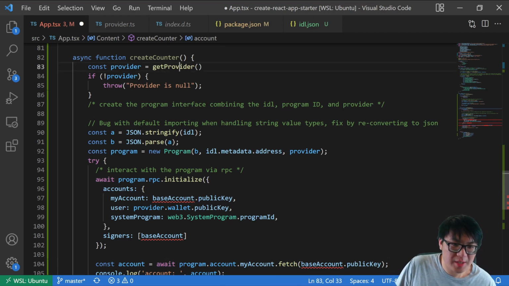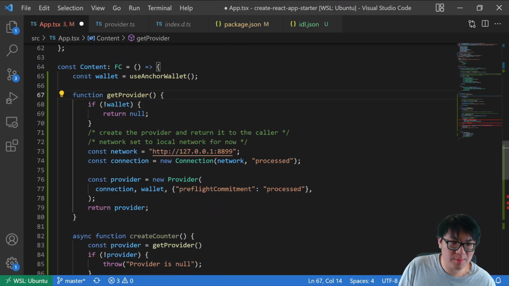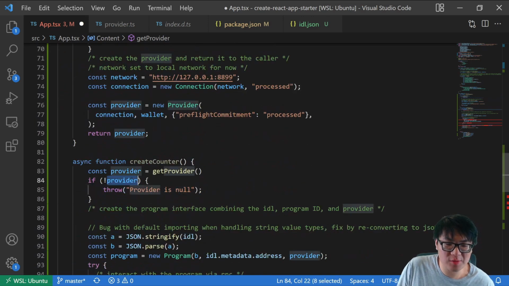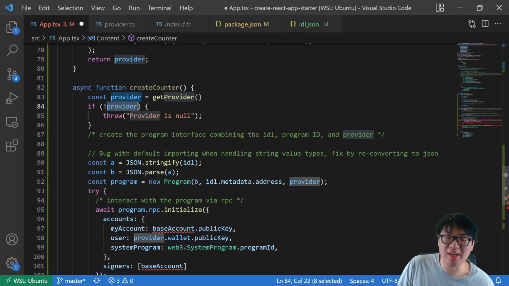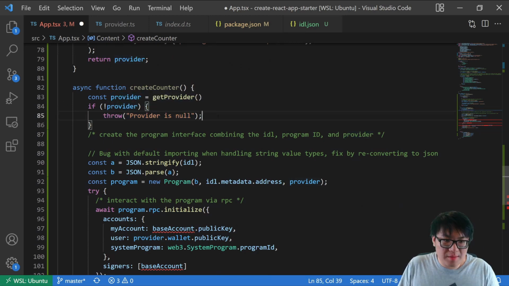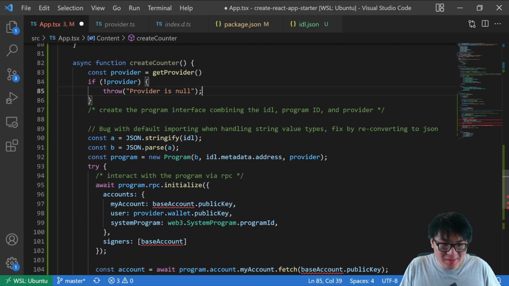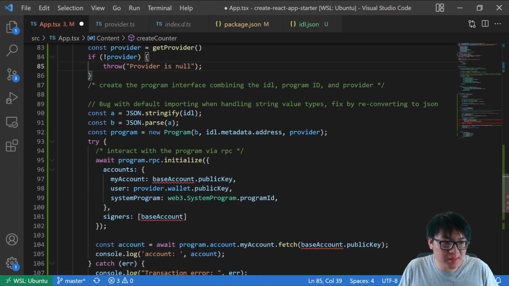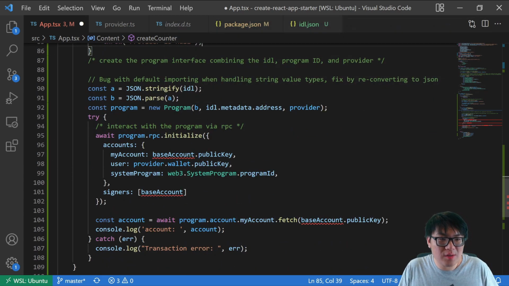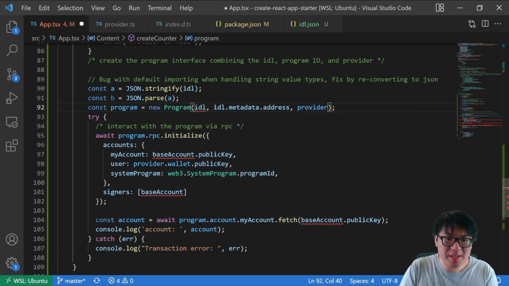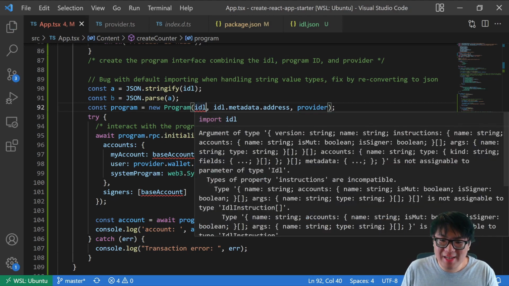Anyways, so we get our provider, and if we look at what the getProvider code does, remember we can return null. And so that's why we have to double check to see if it's not null. And if it is null, we just throw an error. Now that we have a valid network that we connect to, let's go look at more of the code. So on line 90 to 92 or 91, we create an IDL again. And so the interesting thing I found out about this is that for some reason, if you just pass in the IDL itself, you get an error. And the error is that,